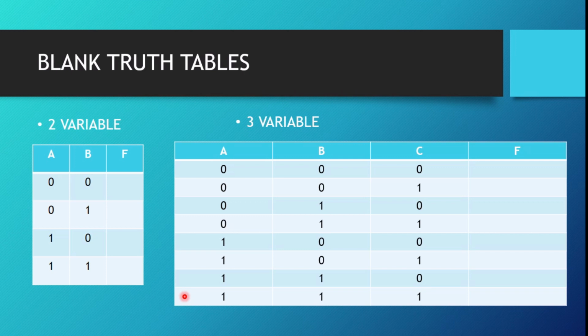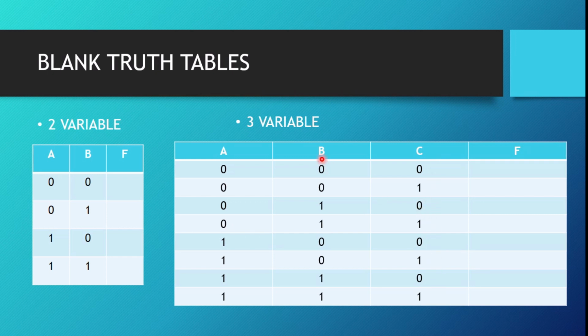Now, as an aid to memory, what you can do is first write whatever the inputs are. Okay. Now, let us say we have these 3 input variables. That means we will have 8 combinations. So, in the rightmost column we will write 0, 1, 0, 1 in an alternating way, 0, 1, 0, 1.